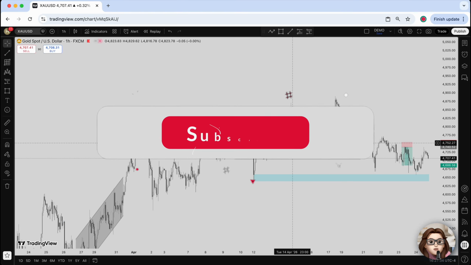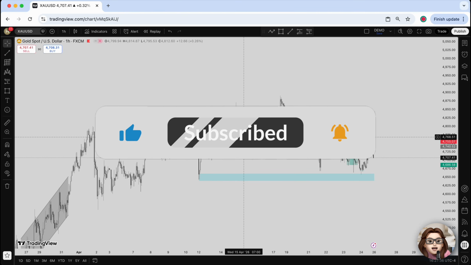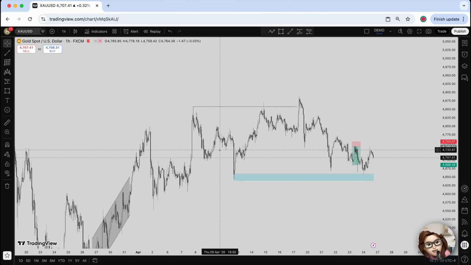In this tutorial, I'll show you how to connect your ThinkTrader account to TradingView so you can trade directly from